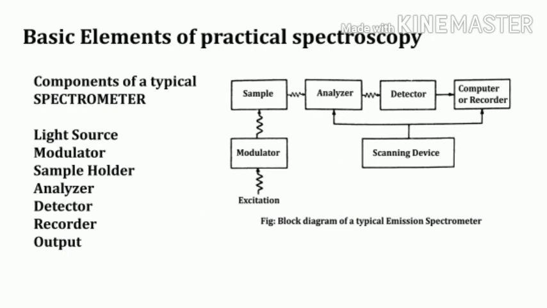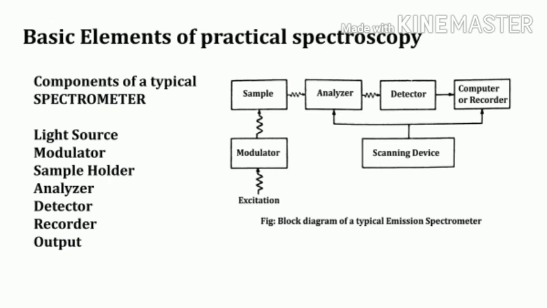Now next is basic elements of practical spectroscopy. In various types of spectroscopic studies, in order to generate a spectra, we need a device which is called the spectrometer. The spectrometers used in various regions of the spectrum differ widely from each other in construction. We will discuss the construction and working principle of each kind of spectrometer in due course of time, but for the time being it will be helpful for you to know the basic features which are common in all